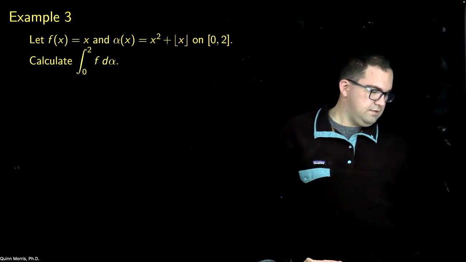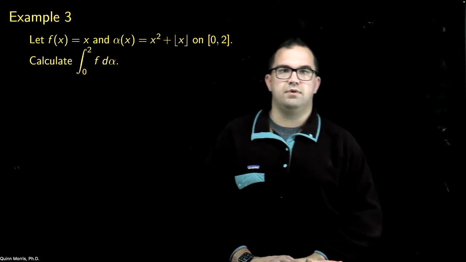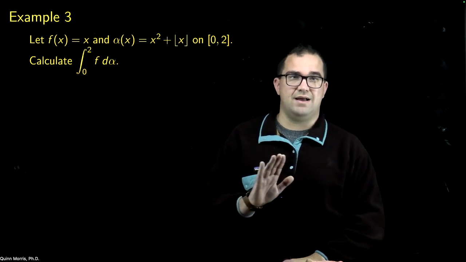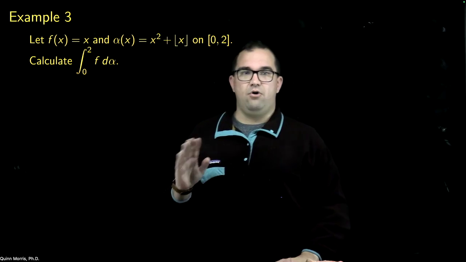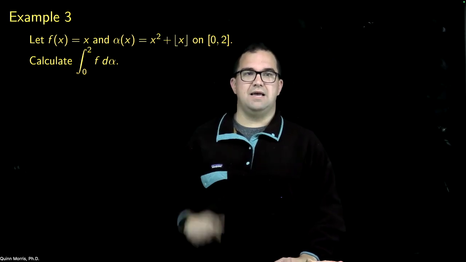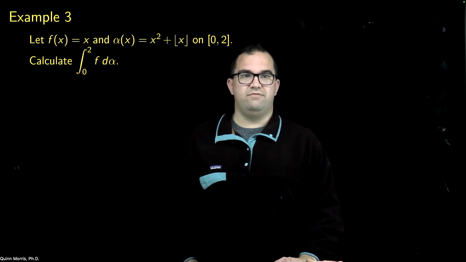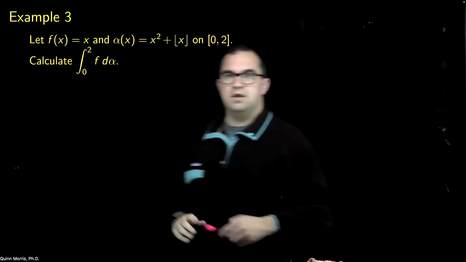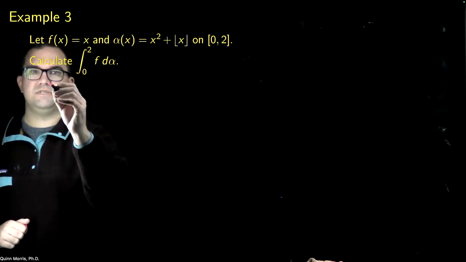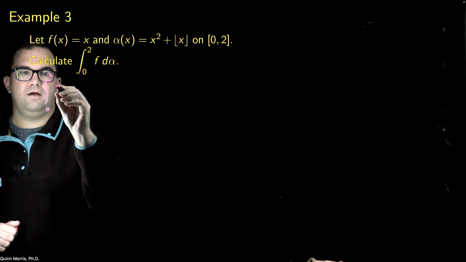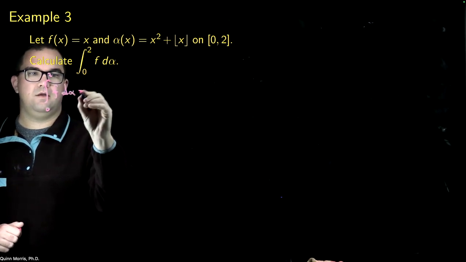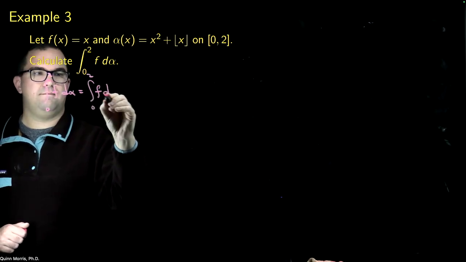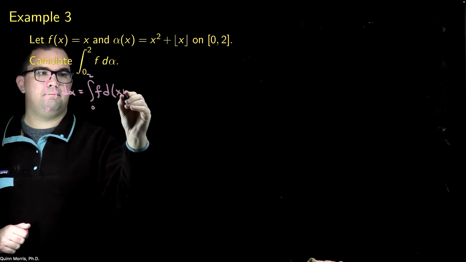All right. For this third example, I'm just going to take my function f of x to be x. And now the alpha of x that I want to look at is x squared plus floor of x. And I'm going to look at all of these functions on the interval from 0 to 2. And I want to calculate this integral from 0 to 2 of f d alpha. Okay. Well, in this case, the alpha is a sum